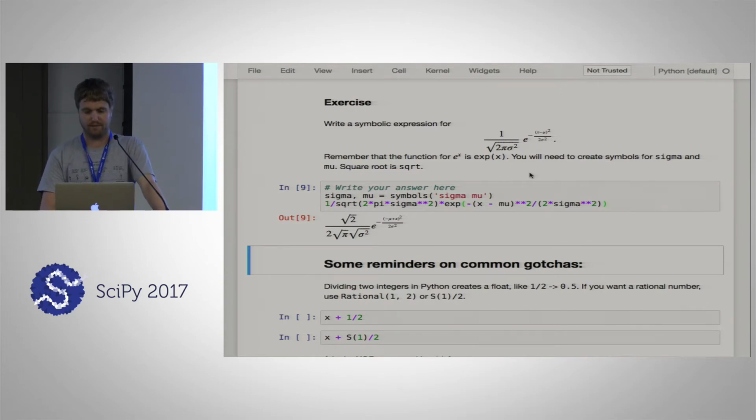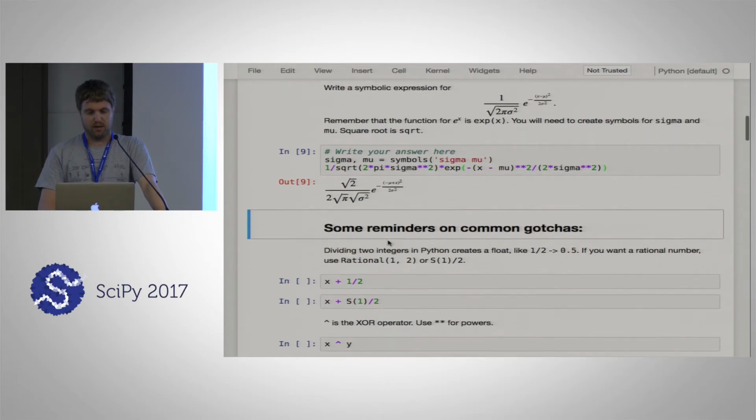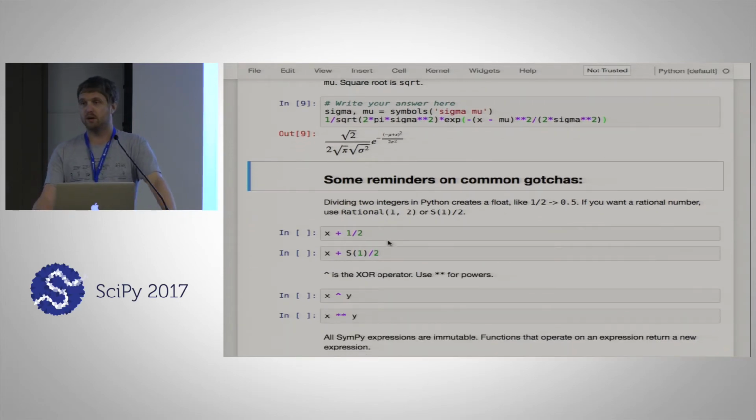And you see SymPy has done some automatic simplification, but it's the same expression if you look closely. So are there any questions on this? Yes? It simplifies sigma squared, but it didn't take out the x squared. Yeah, so the question is, it didn't simplify this sigma squared, and the reason for that is that the square